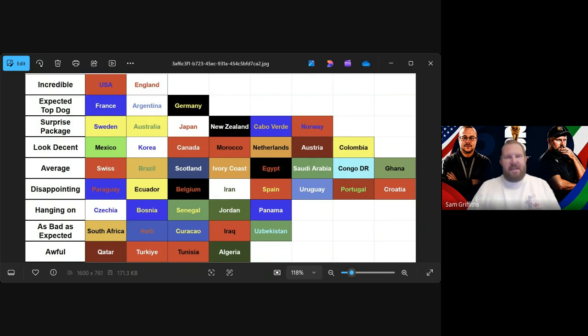Is there anybody that jumps out that you think could get further? Without looking at the draw, we're just saying it based on what we've seen. Is there anybody, maybe one of the surprise package teams, one of the decent-looking teams, that you think might actually go further than we thought?